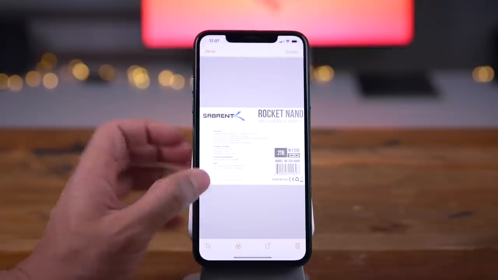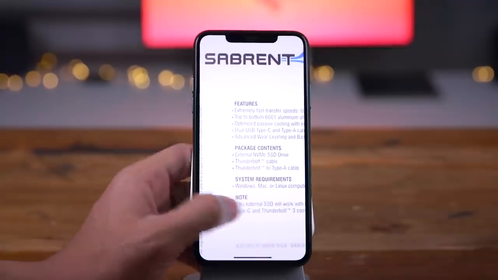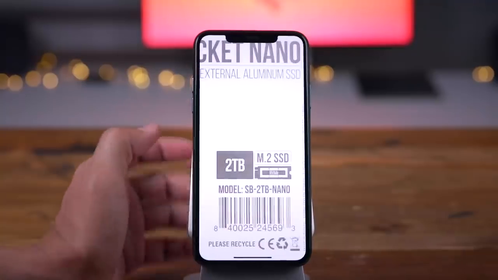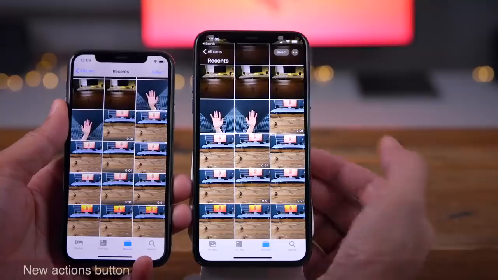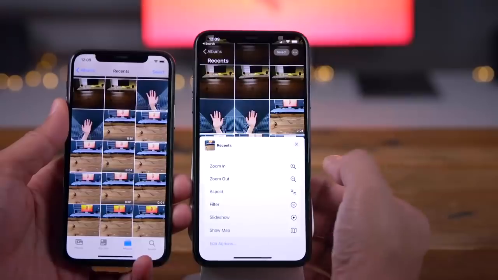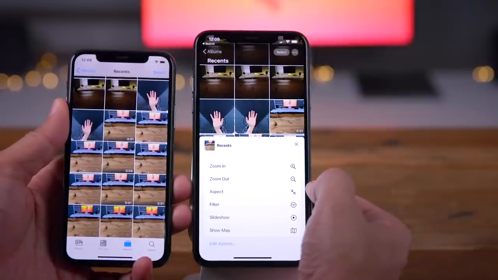And I think it looks pretty good. Don't notice a huge difference, but this was a pretty good scan right there on the fly. Now the Photos app gets a new Actions button that allows you to do all sorts of cool things, such